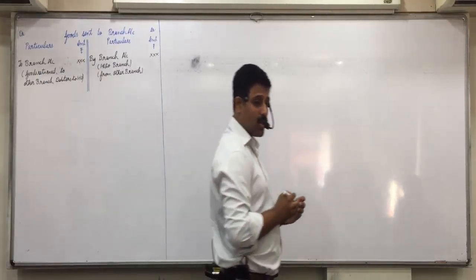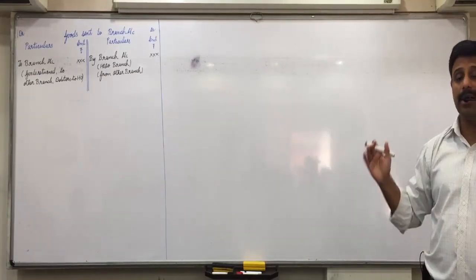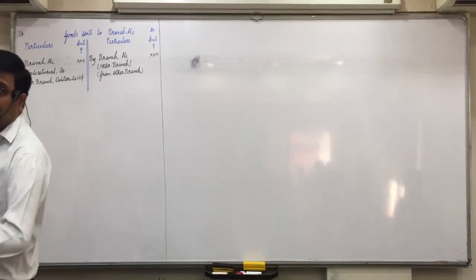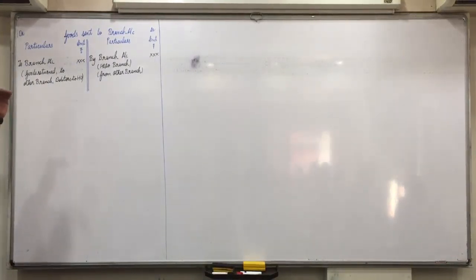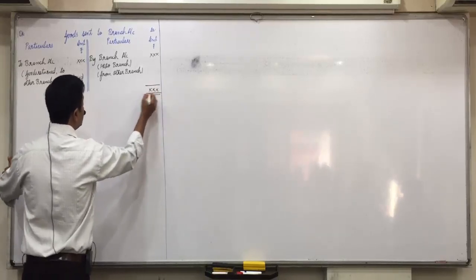Goods returned by branch to head office, goods sent to other branch and directly goods returned by branch debtors to head office. So practically when we solve the question, it will be very easy because sub items also we don't have to record. Directly from branch account, do the posting on opposite side. And whatever balance remains, transfer to trading account. Because finally that is the goods which was finally sent to the branch and finally sold to the customers. So whatever balancing figure remains will be transferred to trading account.